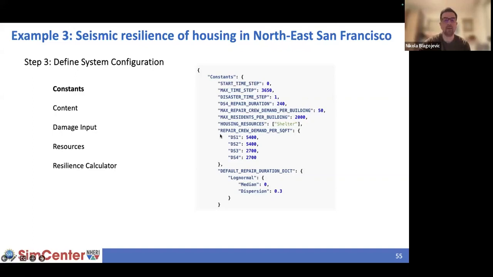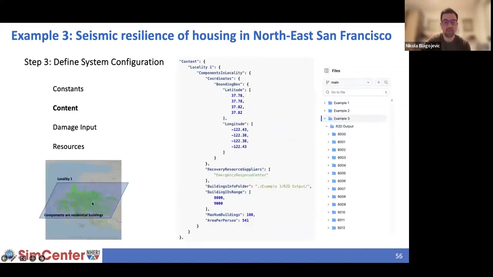file. And then you define what was the housing resource, this is shelter, and then what's the demand for repair crews, because R2D gives us the repair time and the repair cost from HAZUS, but we don't have the repair demand for workers. So we define this here, and all of these things are globally applicable to all the buildings. That's why they're defined as constants here. And this is something that is needed just for the R2D example that I'm looking at now.